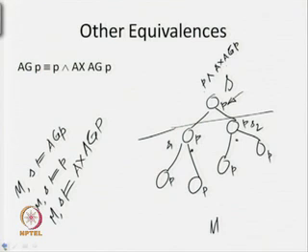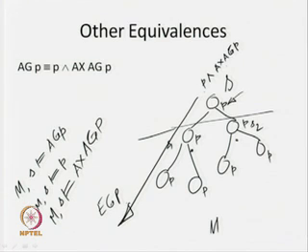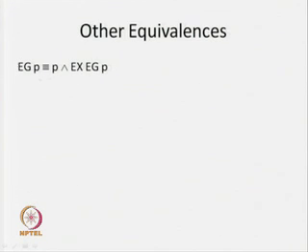So, with a similar notion, we can go for EG P is equivalent to P and EX EG P. So, this is similar to this one, but instead of looking for all paths, it is EG P. So, we are concerned about one particular path. So, what are we going to say? P must be true over here, and there exists a path in the next step where EG P must be true. So, this is the thing for EG P: P and EX EG P. Okay. Now, similarly, we have AF P written as either P or AX AF P. Now, again just see that similar things that we are having.